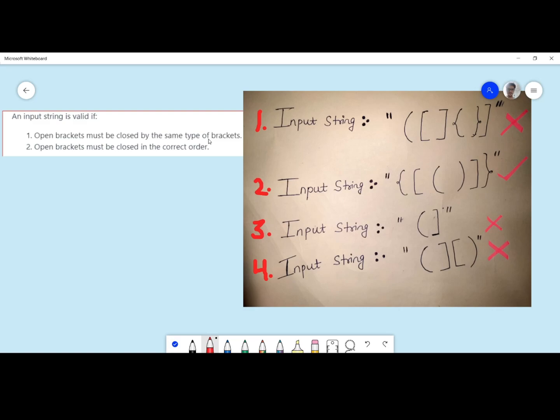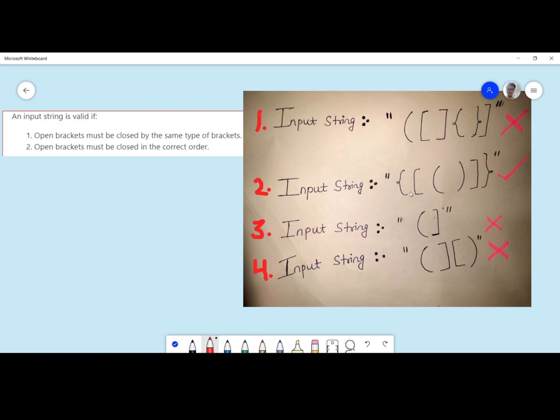But if we do more analysis, we get to know that this approach would work only for a few test cases, just like it is working in example number 2 that we have taken. That is, the effective count of curly bracket is 0, square bracket is 0 and round bracket is 0. So our answer, that is the string is valid, is true in this case.